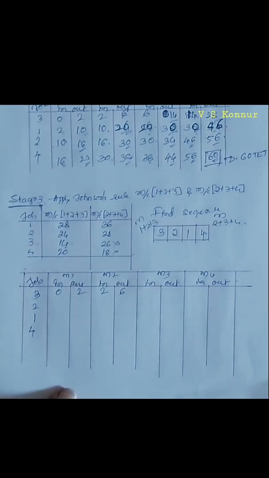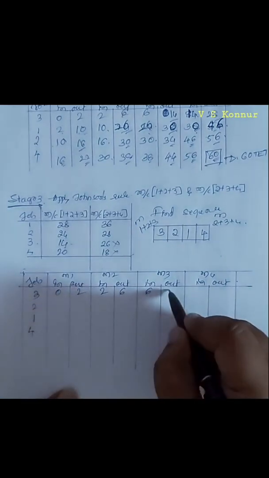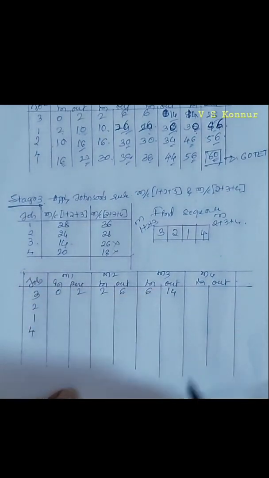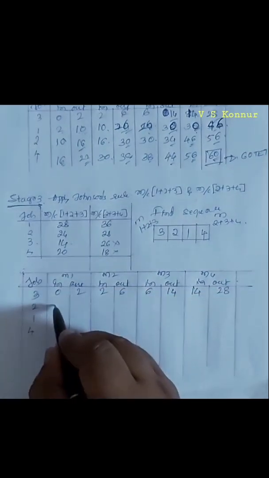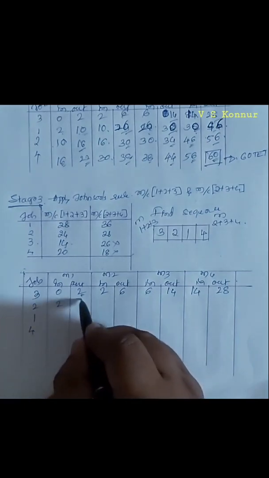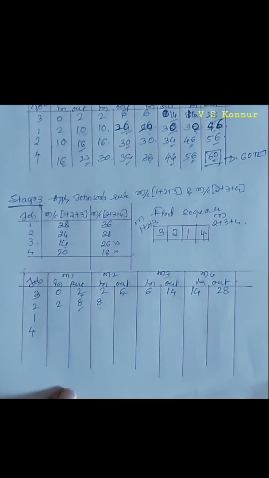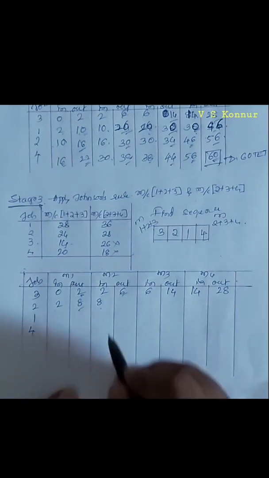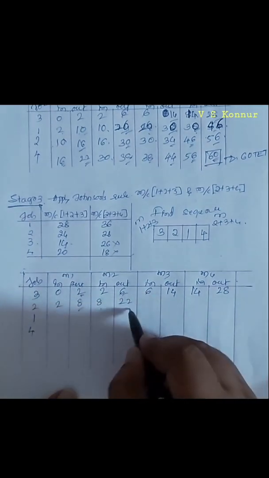Then it will enter into third machine. Third job requires 8 hours to complete, 14. It will enter into 14, and it requires third job requires 14 hours to complete, 28. Next, second job is entering after 2 hours, and it requires 6 hours to complete. It is entering into the 8 and 6 comparison. 8 is maximum, so second job requires 14 hours to complete. 14 plus 8 you have to take 22. Comparison 22 and 14, 22.